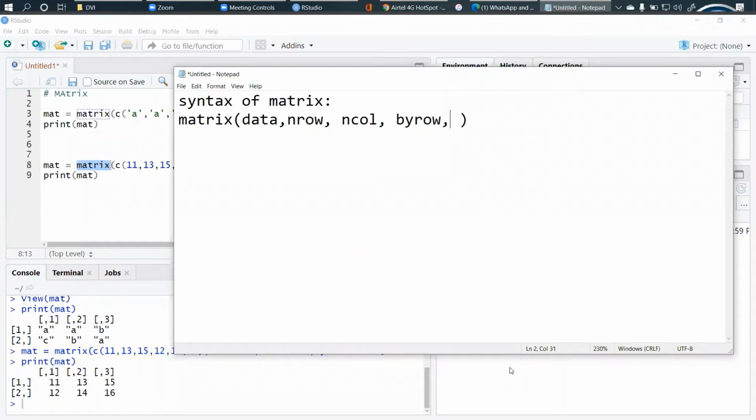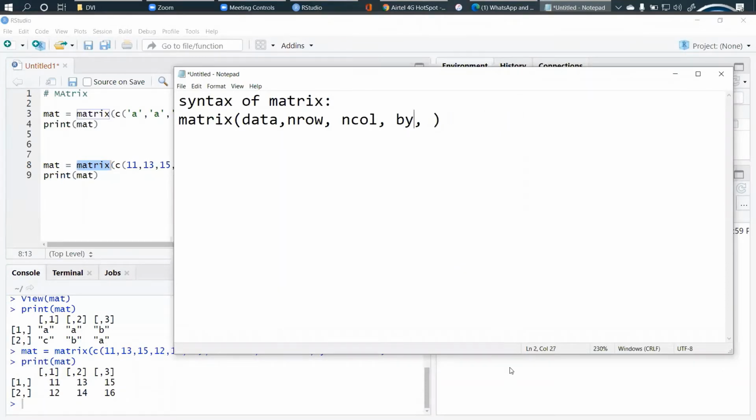So explicitly, if you want your data to be displayed row wise in your matrix, then you need to write byrow equal to TRUE. This will convert your data elements into a row wise matrix. Whatever number of rows and columns you have given, accordingly it will do it. If you want it by column, there's no such method as bycol. You just need to set byrow as FALSE. Okay, this is one method.